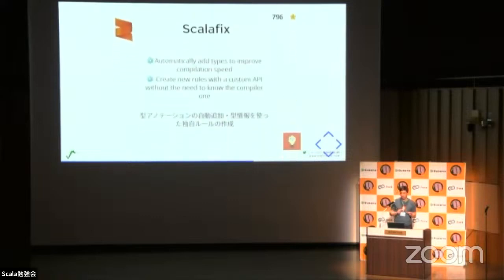There's some nice features. For example, it can automatically add types for Scala to improve your compilation speed, because if you have types, then the compiler pipelining might work much faster, things like that. Pipelining will be tomorrow. Jamie will be talking about that. And the API is, I think, much simpler. It doesn't use the compiler API. It uses the parser and the semantic DB